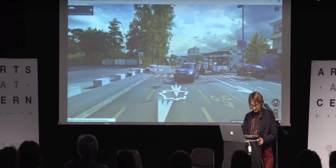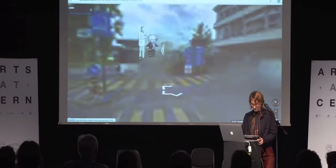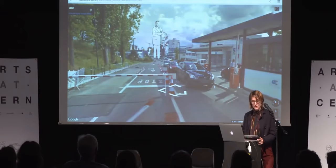But I digress. As I will read you the note written by Tamara. So the physics that can be done nowadays at CERN is only conceivable thanks to the